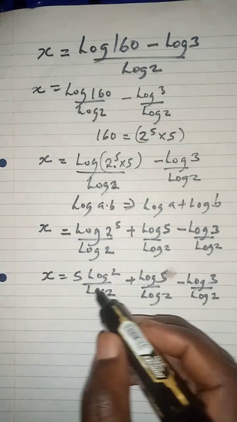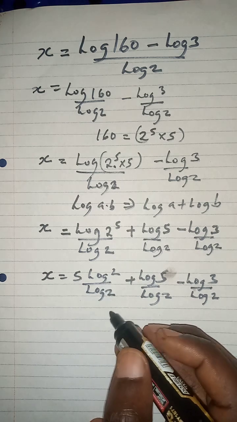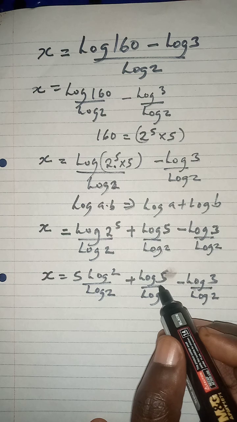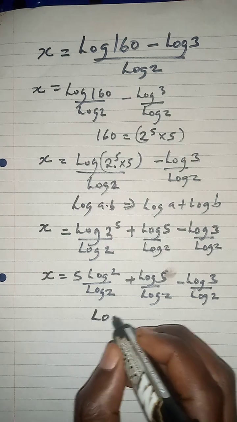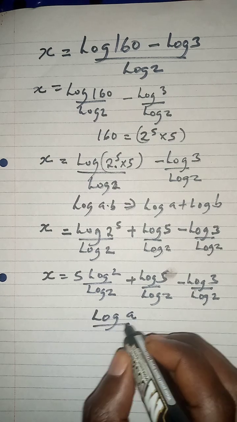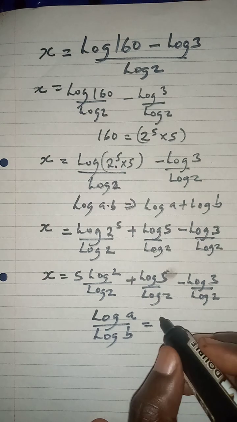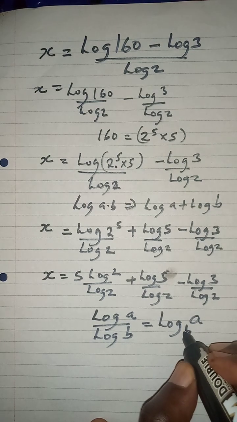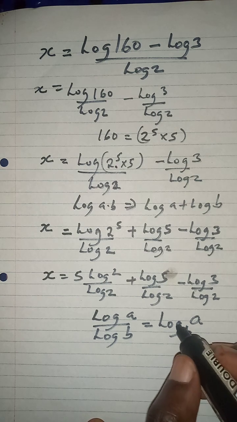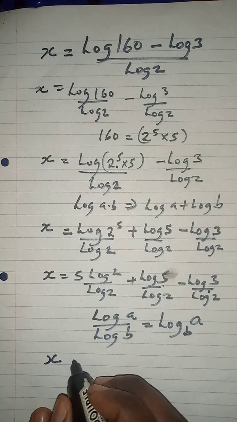Of course, if you look at this point, log 2 and log 2 are going to cancel, and here I have log 5 over log 2. I'm going to recall again, when you have the log of A divided by the log of B, this can simply be written as the log of A base B. So I'm going to apply this knowledge here and here, so that now my final answer becomes